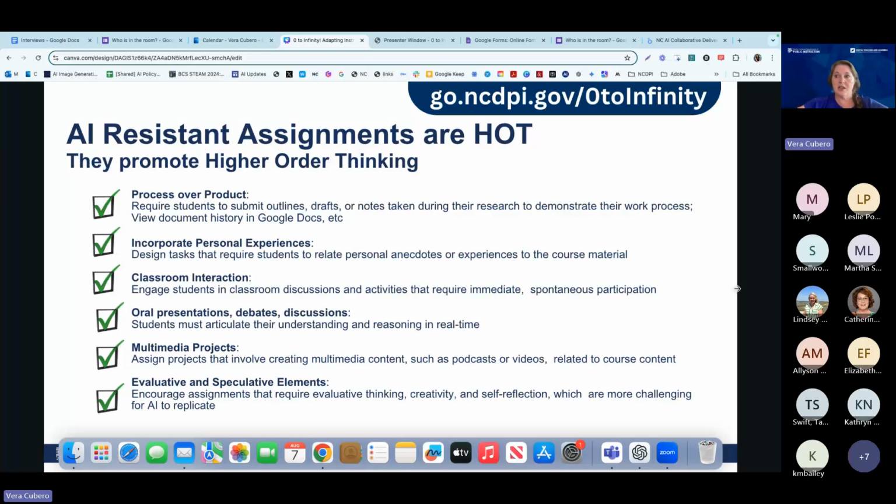Multimedia projects is another great way. Podcasts, videos, songs, raps, poems, whatever, and then also introducing those evaluative and speculative elements, which I did in that example I just quoted from World War II. Imagine what if this were different, having them speculate on how things might be different, and that really introduces a lot more higher order thinking and critical thinking, which, by the way, those are 2 of the skills that are